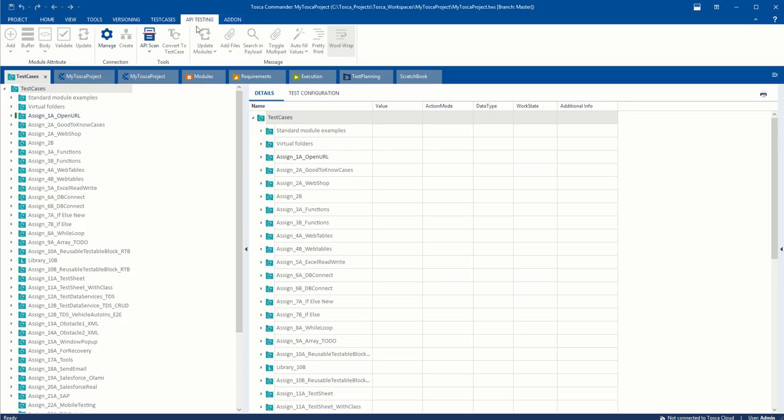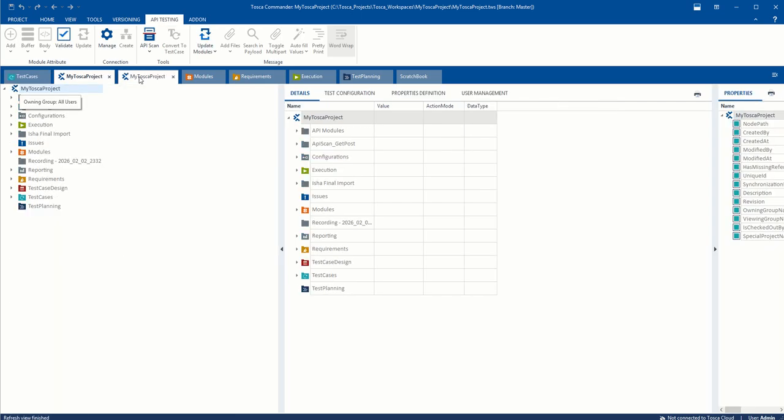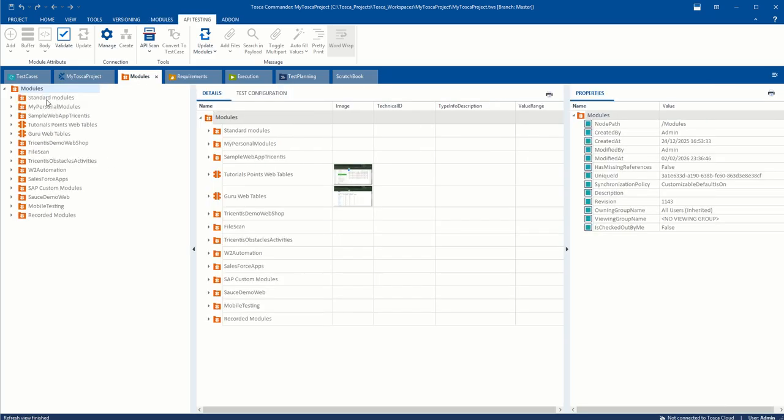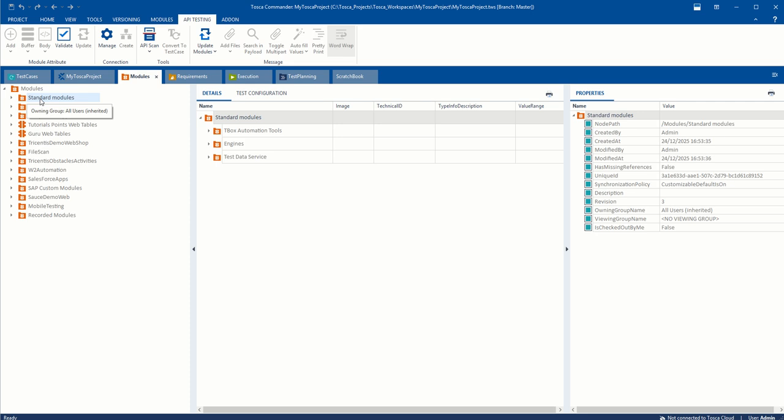Okay, Copilot is there. If we see, this is the test case, the test project is repeated, so we can delete one. Okay, modules. So what I want to show you is this standard module,